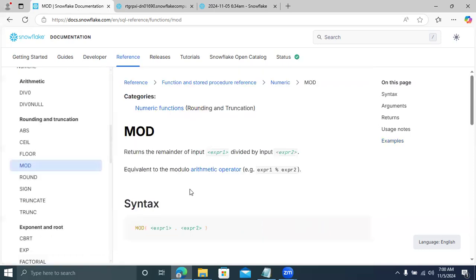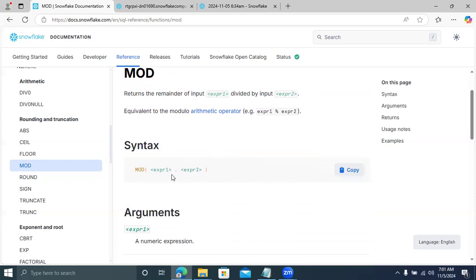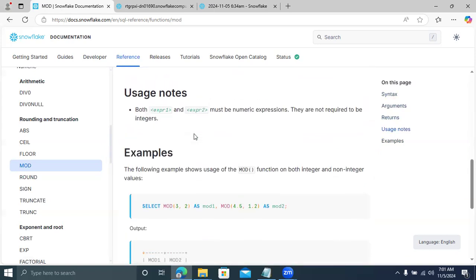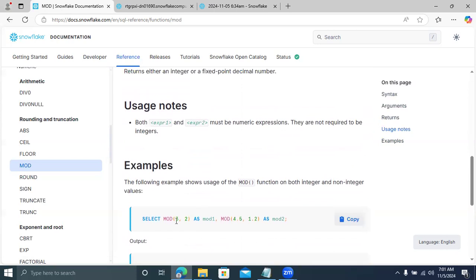It's going to give the remainder of the input while performing the division. If you have the dividend and divisor, this mod function is going to give you the remainder. Now I am going to pass 2 columns: the first expression column is going to be the dividend, and the second expression column is going to be the divisor. If you look here, the dividend is 3, the divisor is 2. Here, the dividend is 4.5, the divisor is